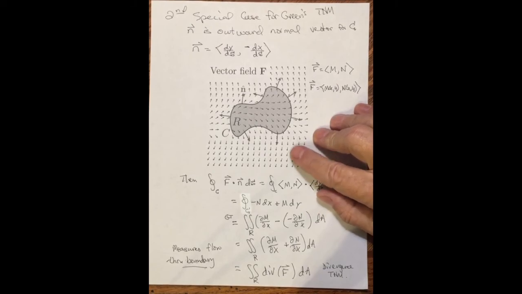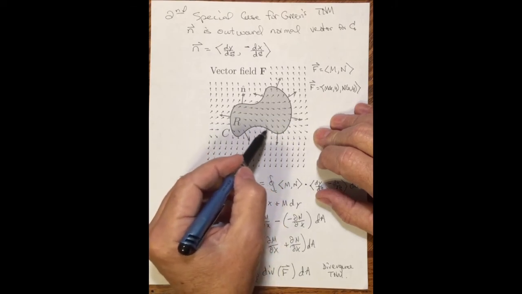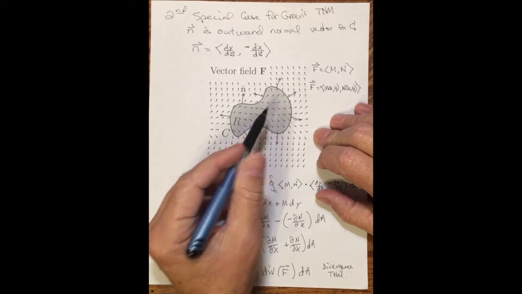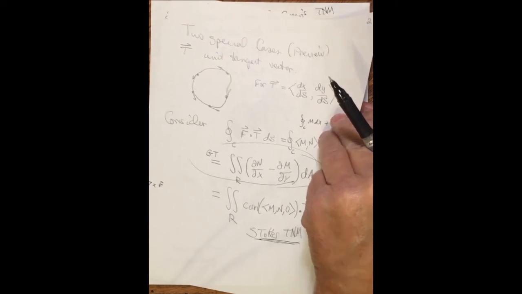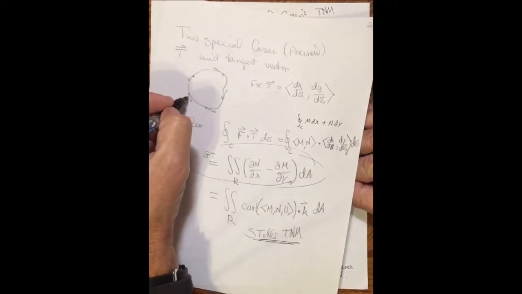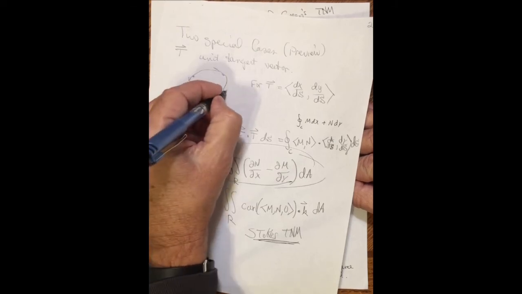This could be any vector field. And what we'd like to see is how things are flowing through that boundary, how things are flowing across that boundary. Well, instead of the previous example, where we looked at the tangent vector, think of the tangent vector here around the boundary. It's kind of giving you